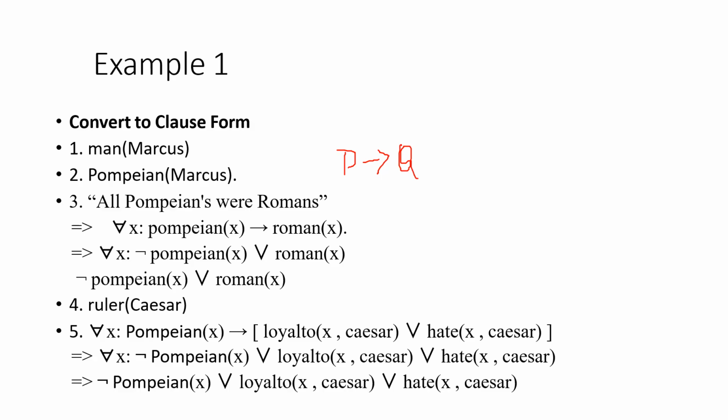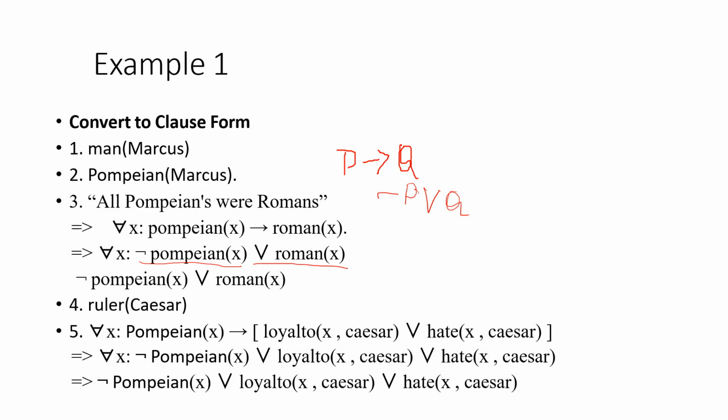We will convert it into not P or Q. Similar to here, you can see not P, that is Pompeian of x, or Roman of x. Then what is the next step? The first one is to remove the implication. Then the second step is